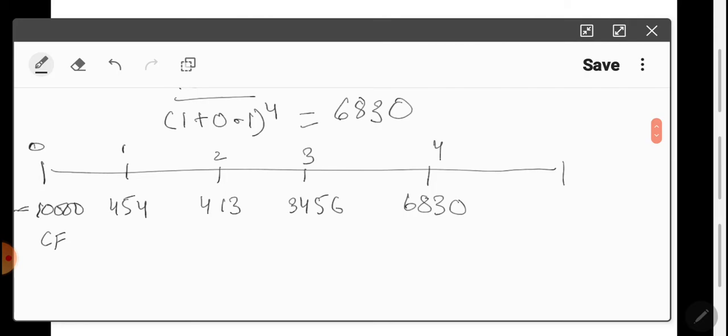So you invested 10,000 and you have recovered 454 in terms of value. So negative